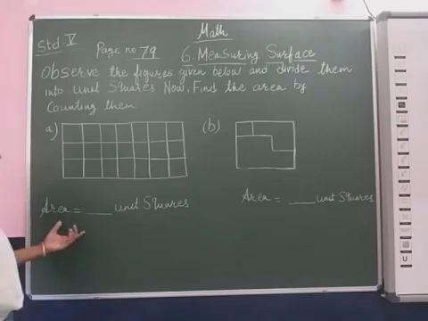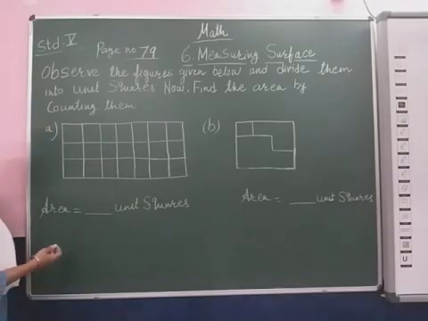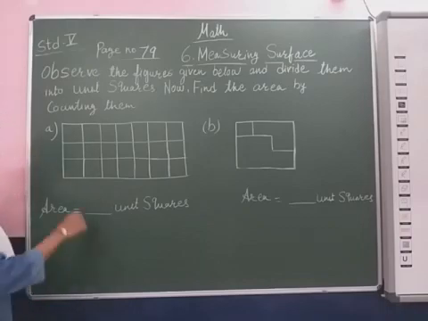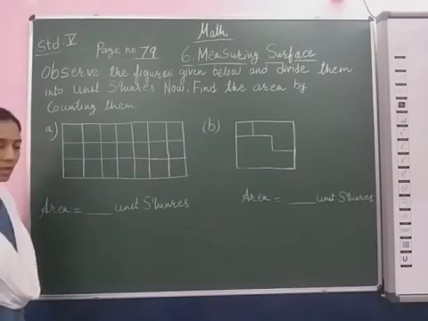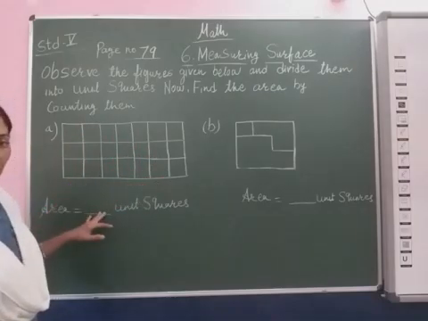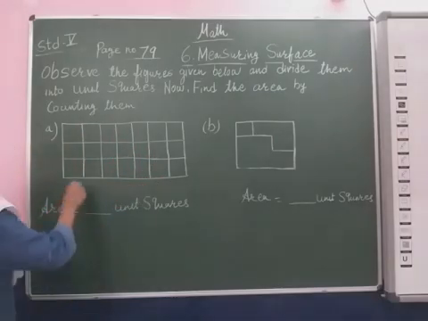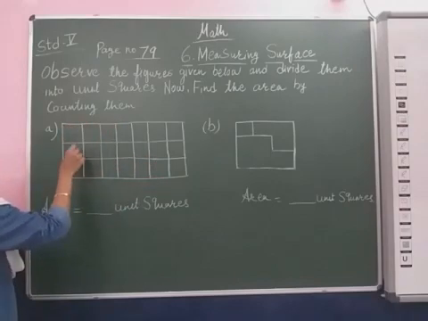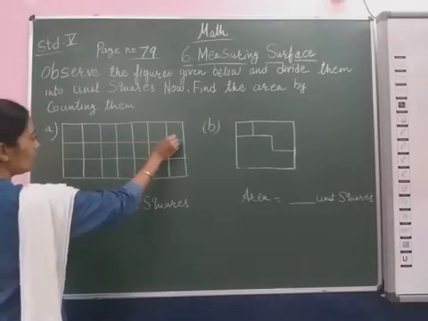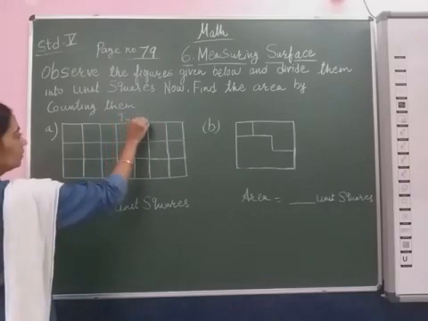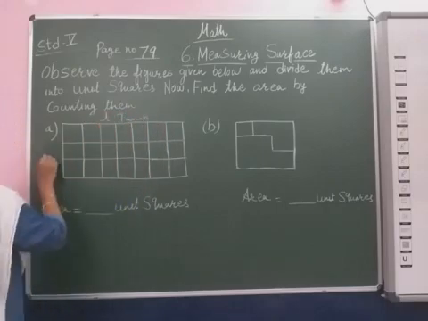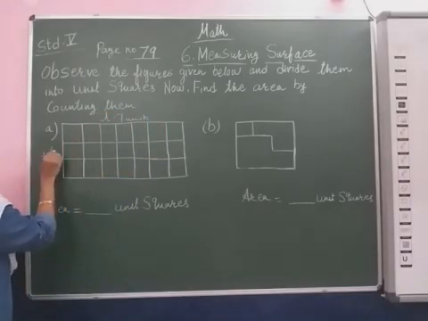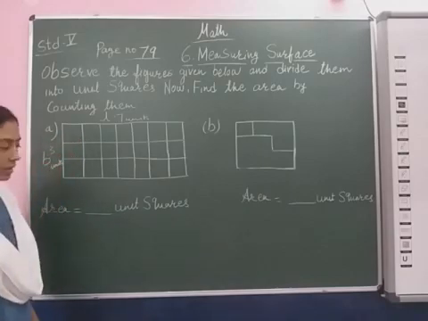Yes. Now here we have to find out the total unit squares, that is, we can also find out this area. So how do we find the area? You have two options. Either you count all of these and note it down here. Otherwise we have the length and breadth, that means 1, 2, 3, 4, 5, 6, 7. 7 units of length and breadth, 1, 2, 3. So 3 units, okay? 3 units.